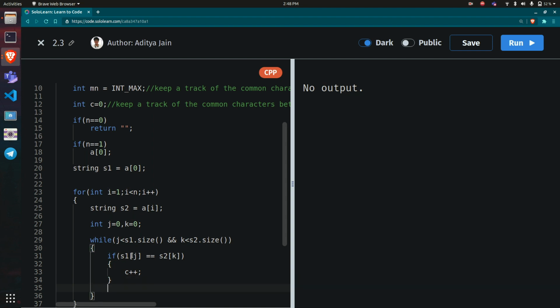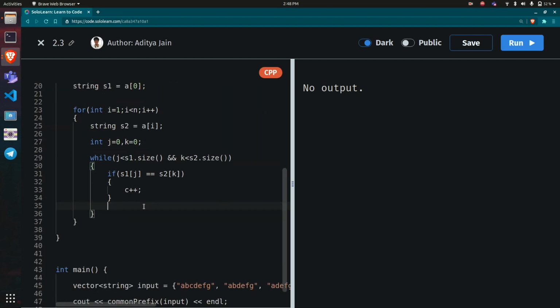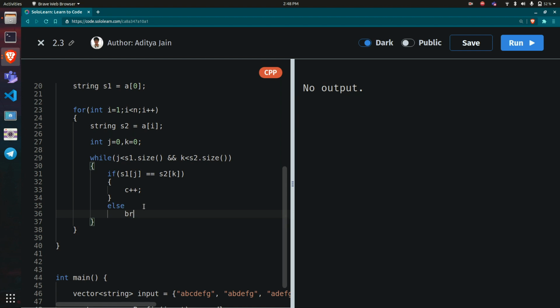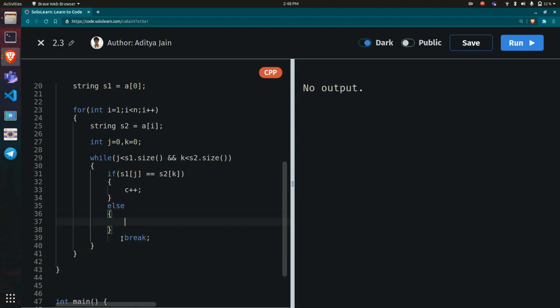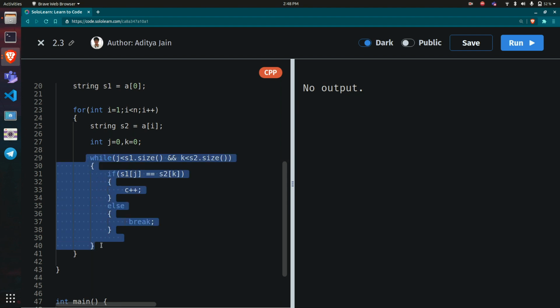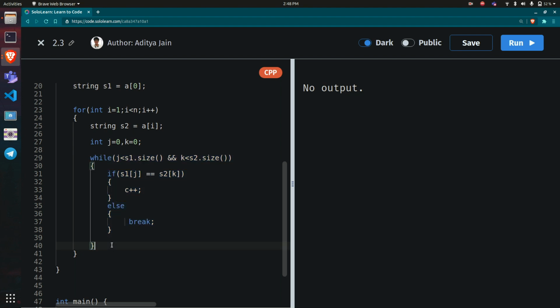Because these are the common characters and we need to keep a track of this count. Else, just break the loop. Break from which loop? Let's put a bracket. It is a great practice to always keep a bracket. Okay, so break from which loop? From this particular loop. Why? Because the characters are no more matching, so there is no possibility of getting the common prefix ahead, and we can conclude that for these two strings the number of common characters are c, right? So that's why